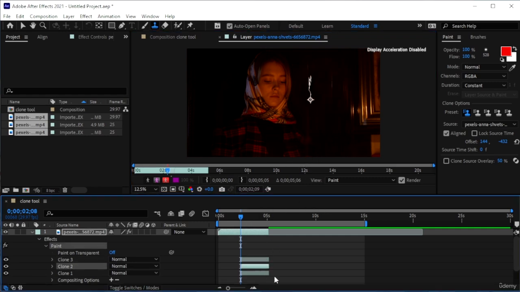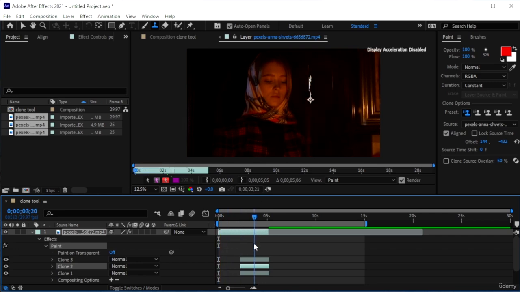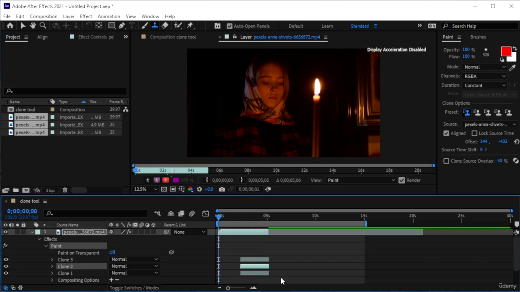And we get to choose the duration. Right now you see I started from the middle of my clip. So if I go a few frames, we still have the candle. The candle is still here. If I go over here, it's gone. So you want to start from the beginning of your video. I can just drag these guys and move them to the end. And just do that real quick. Move them here,